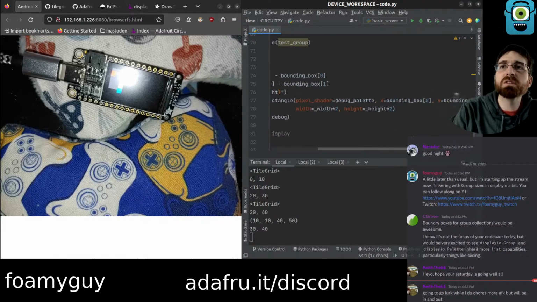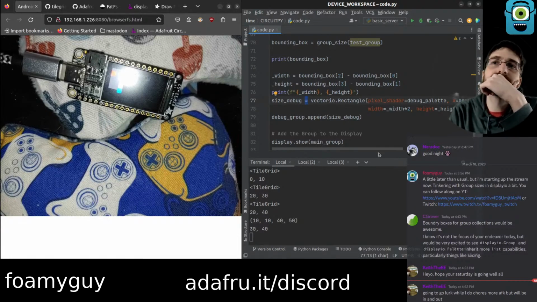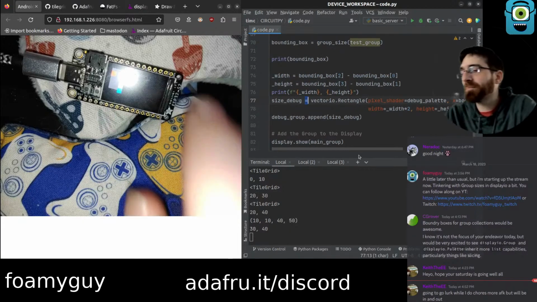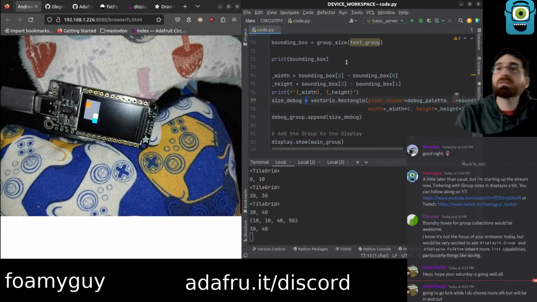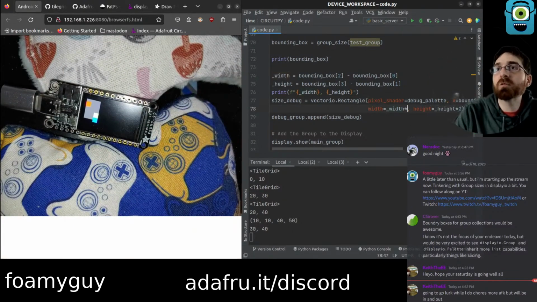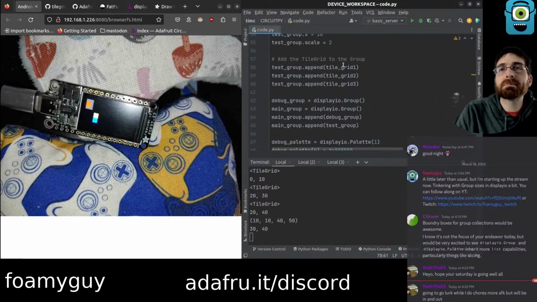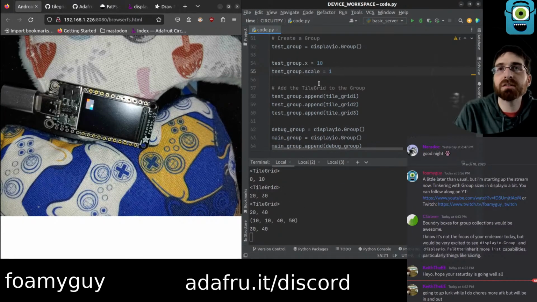Maybe this should be... yeah. So scale makes everything a lot more complex. I think the next problem is the fact that